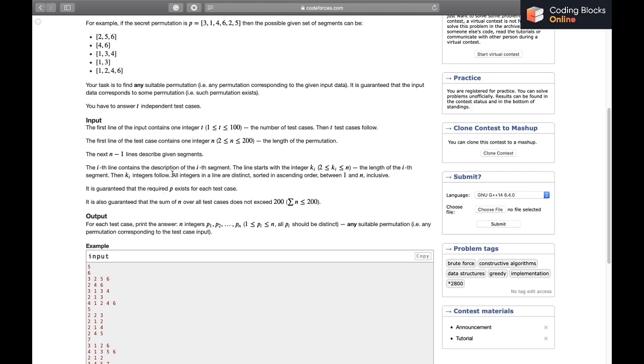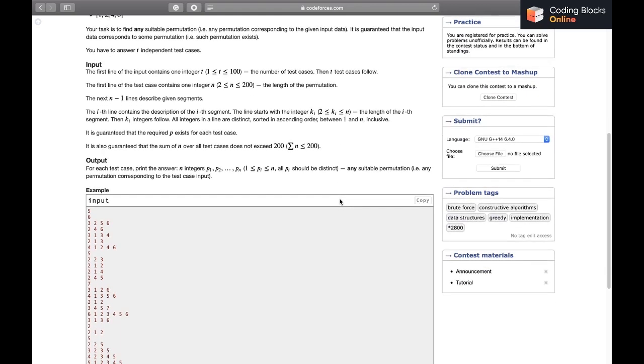All the integers are distinct, sorted in ascending order, and between 1 and n. It is guaranteed that the required p exists. It is also guaranteed that the sum of n over all test cases does not exceed 200.